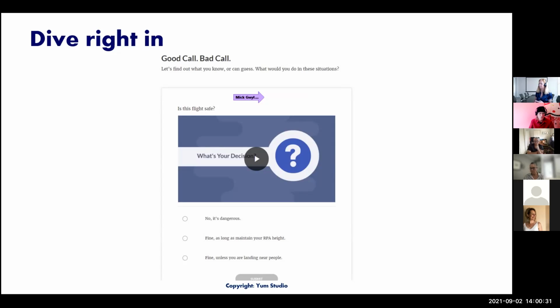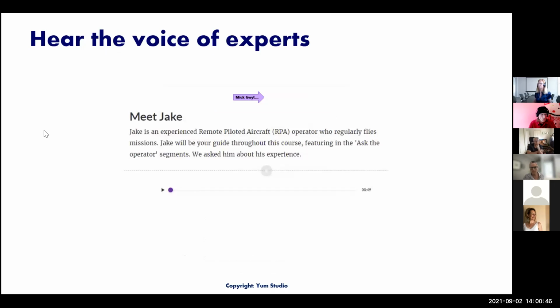When they first start the course, they've got a problem to go to straight away that reflects the kind of knowledge with a reasonable guess that they can use. You can use third-party videos or create your own. And also mentioned in the next slide, students hear the voice of experts. These are really easy to do.